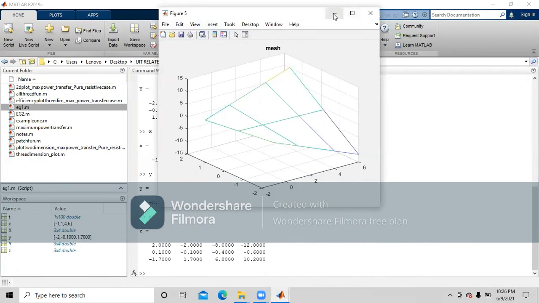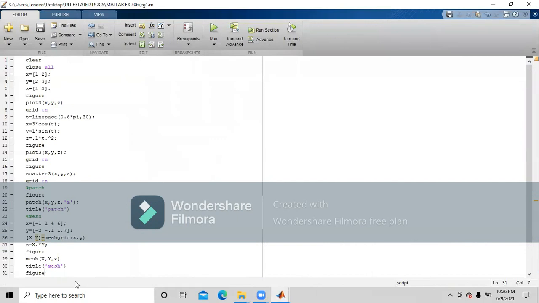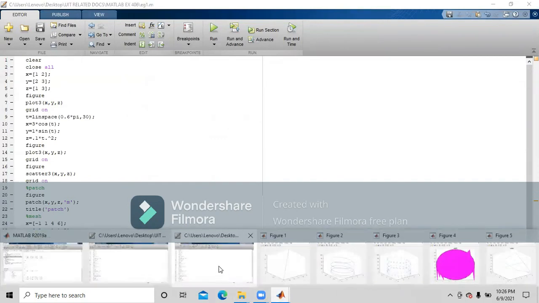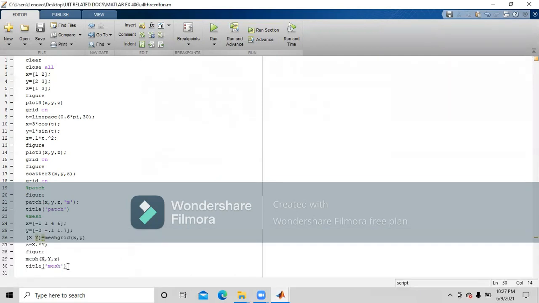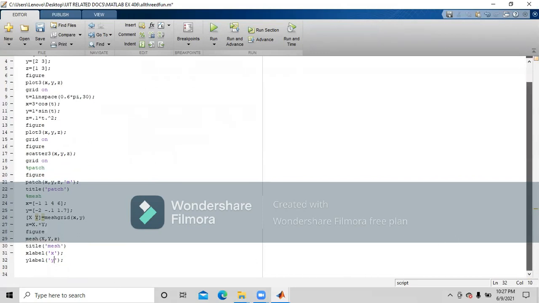We can also label them with xlabel, ylabel and zlabel, as we used to do. I'll just label it, and we'll run it and we'll see.